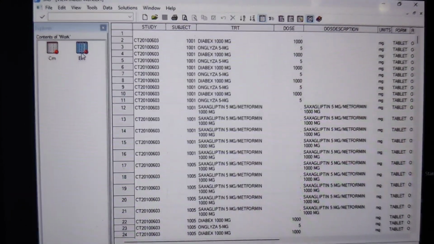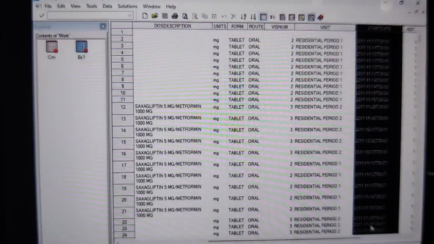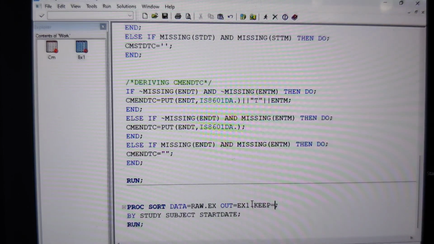And by the way, we don't require all the variables. What are the variables that we require? For merging purposes, we require study, subject, and RFSTDC start. I want to have only three variables. Now I'm going to use the keep option because it's a proc step. Keep: I want to have study, I want to have subject, and I want to have start